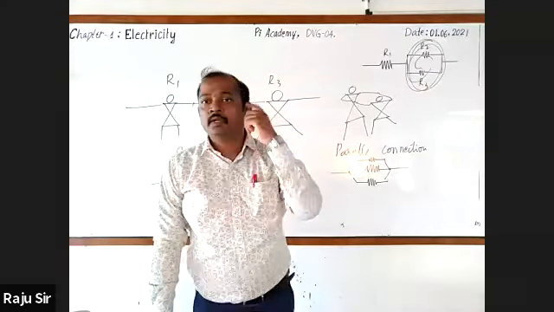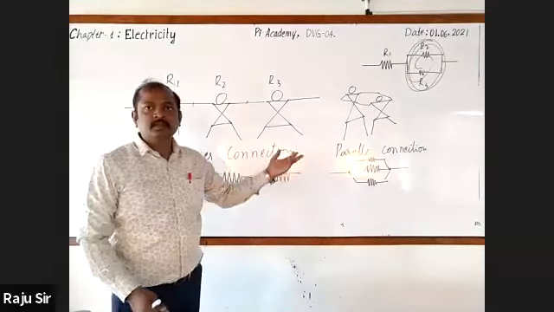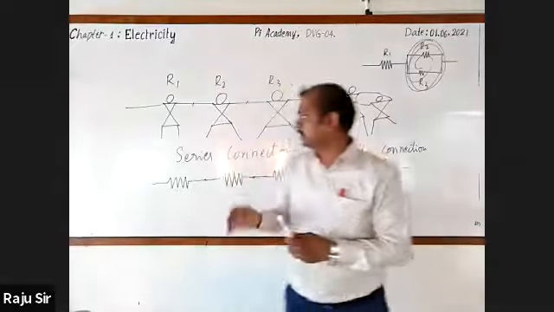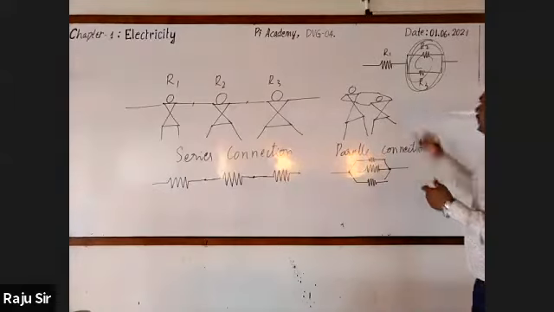So from these examples, we can come to know that resistors can be arranged in three different ways. One is series connection, second one is parallel connection, and third one is